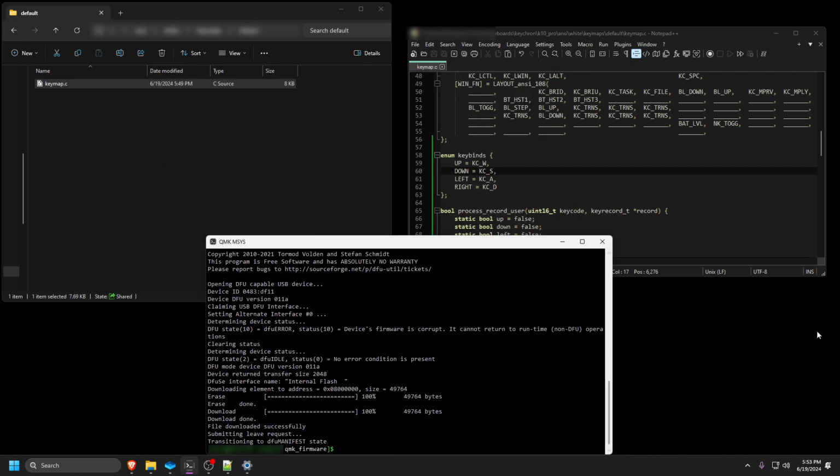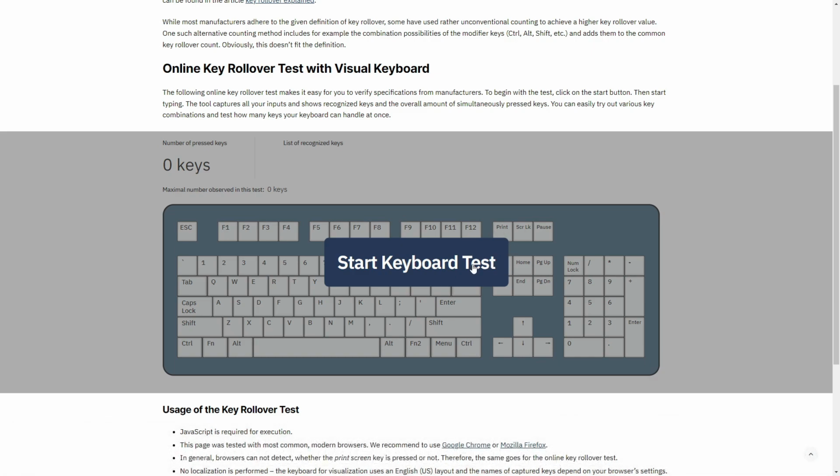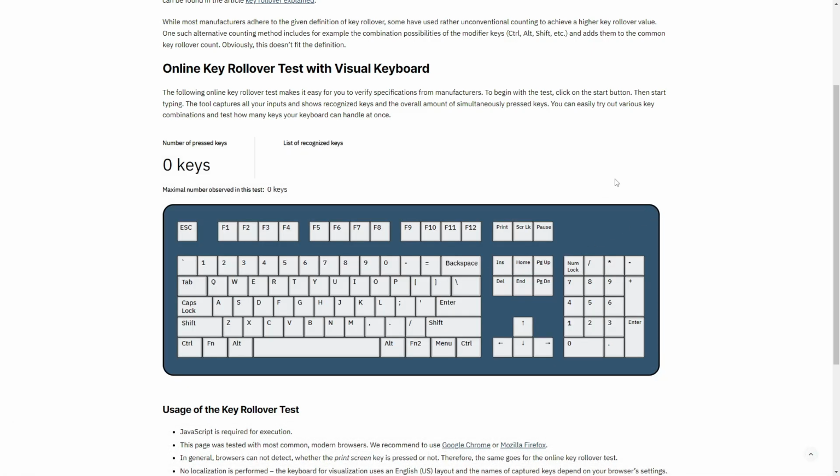Alright, it looks like it's working, so to confirm that it's actually functional, go ahead and go to the second link in the description, and that should bring you to this page. Go ahead and hit start keyboard test, and you can start holding A. If you start holding D, you'll see that nothing is pressed. Let go of A, D starts being pressed. Let go of D, nothing's being pressed. It's the same case with W and S. So as you can see, it's impossible to press left plus right on this keyboard, which means that it is valid